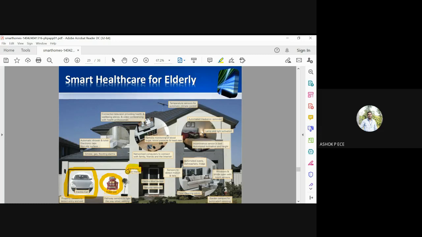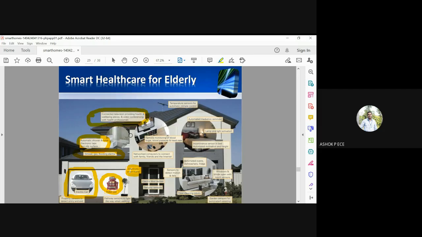Smart electricity, smart meter. This is a smart meter which will automatically transmit the electricity readings to the EB office. Then you see smoke, gas and flooding alarms. All these sensors are fitted here. Automatic shower and toilet, electronic taps and non-slip surface. This is inside your restrooms. Connected television providing healthcare and well-being advice and video conferencing with health coach professionals.